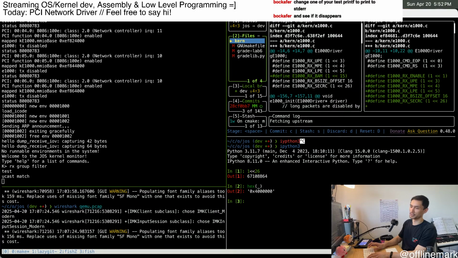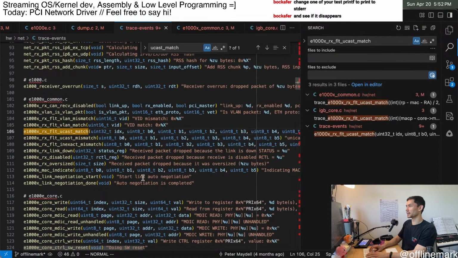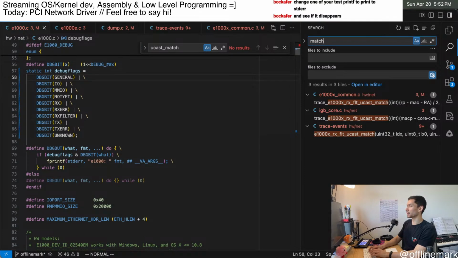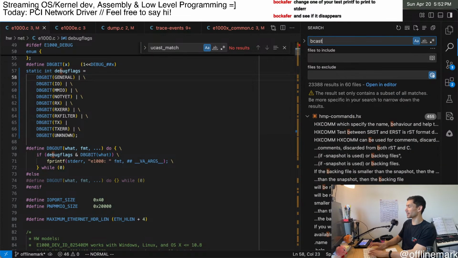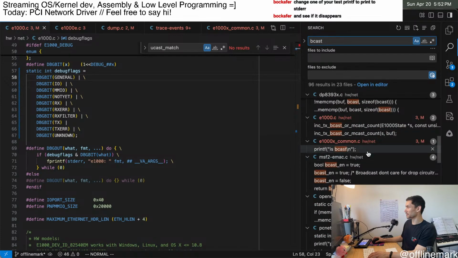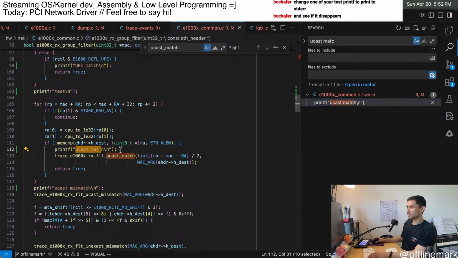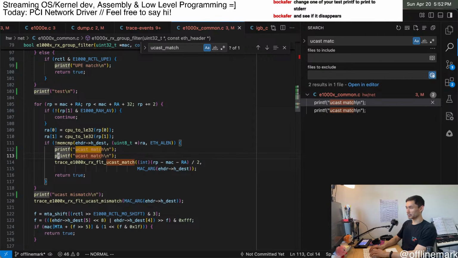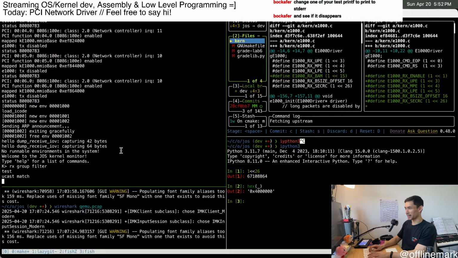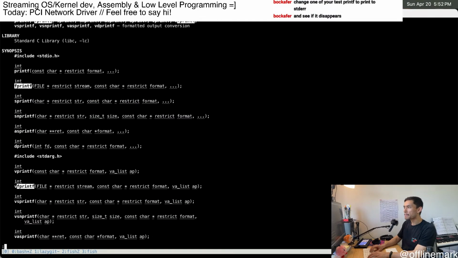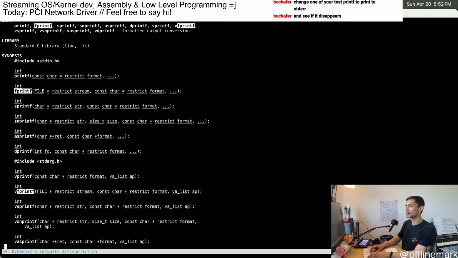Yeah, change one of the prints to a print. Let's do that. QEMU upstream. Match. Was it bcast? What did I say? Ucast match. Ucast match. How do you print to standard error again? It's like fprintf, right? And fprintf, which lets you pass in